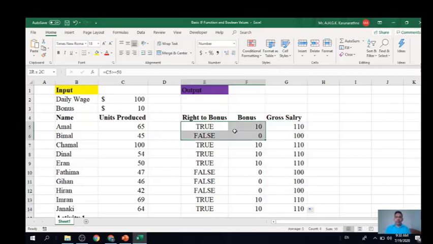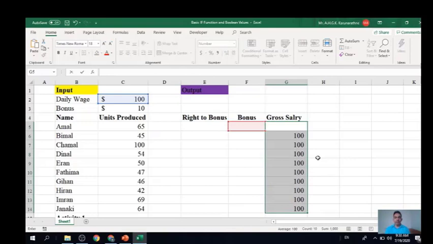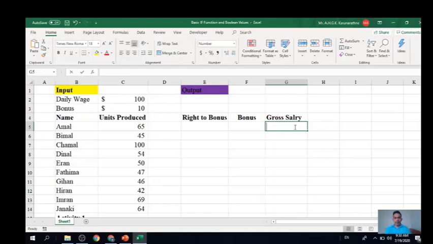Now we will see how to compute gross salary without using all these columns. Is it possible to compute gross salary in one formula using Boolean operation? Yes, it is possible, right? We will write the formula like this: equal, first check the condition. The cell value should be tested for whether it's greater than or equal to 50, that is the threshold level. We'll open bracket,